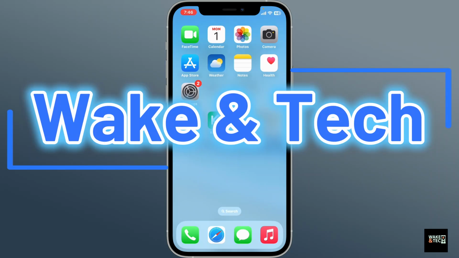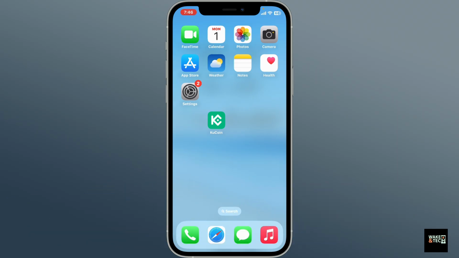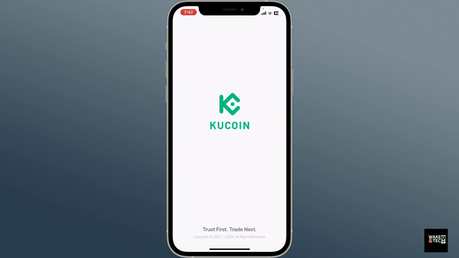Today in this video, I'm going to show you how to log into the KuCoin mobile application step by step. If you're new to KuCoin or just installed the app, logging in for the first time can feel confusing due to its security layers. First of all, launch the KuCoin application on your device and make sure that you're